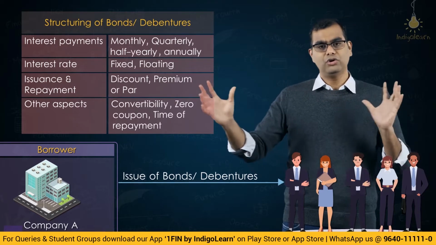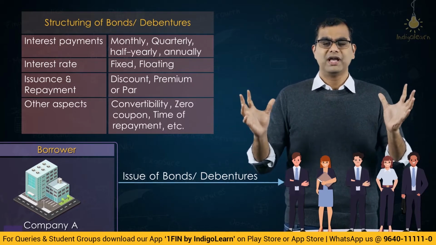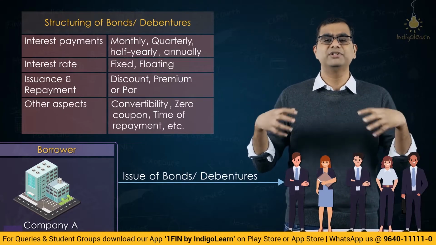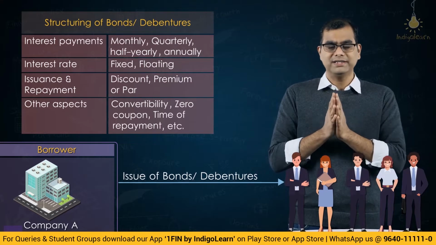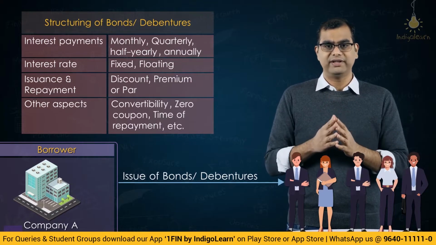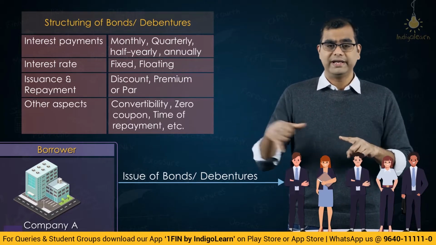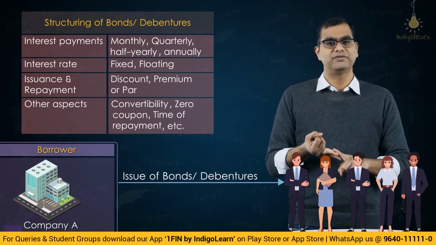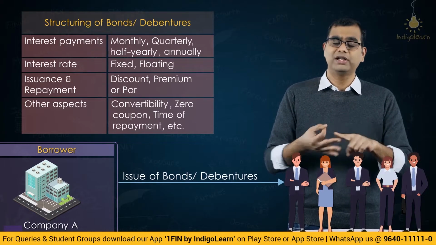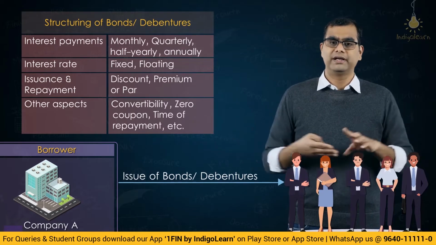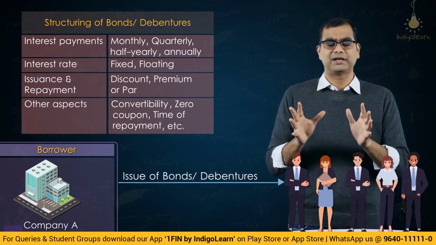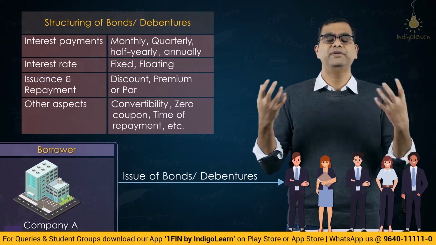Bonds or debentures can be structured in multiple ways. Why is that? Because there are 4 or 5 variables. What are the variables? One is the interest rate which is paid. One is the periodicity based on which the interest is repaid. One is the total time for the borrowing. Then the total amount of borrowing. So there are about 4 or 5 factors, and each of the factors can be varied, right?